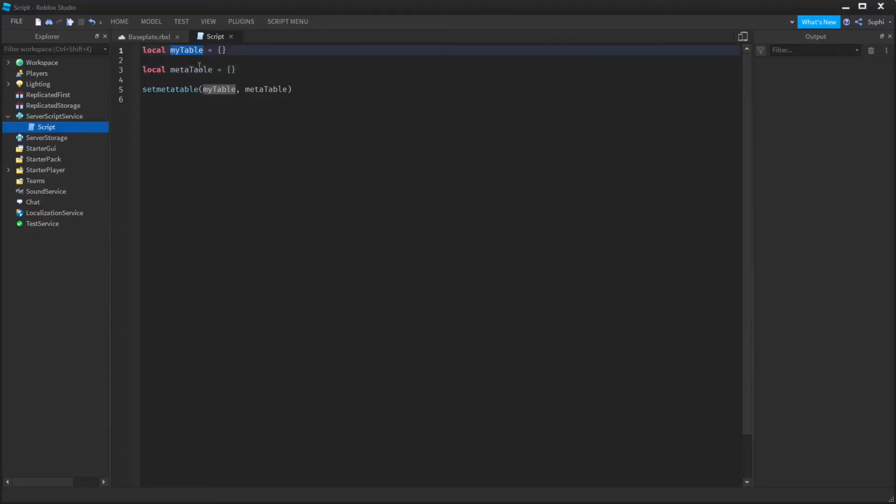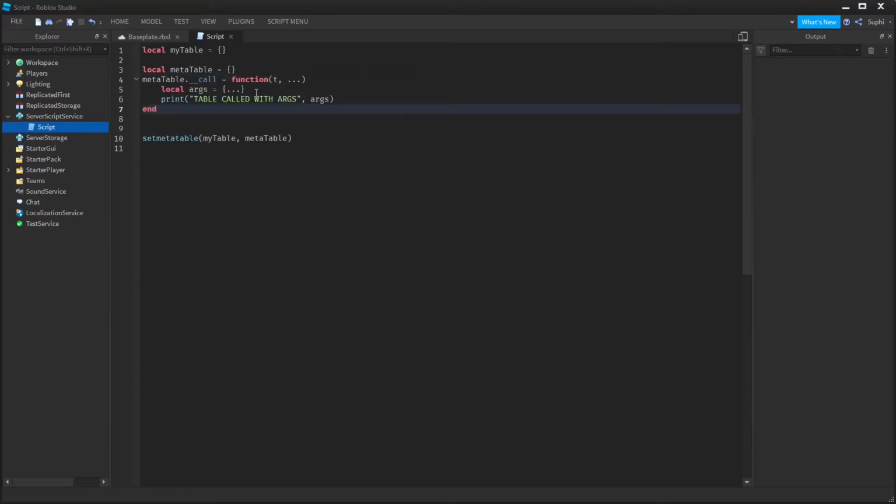So I have my table with a meta table, and I've set the meta table to the table. And now I'm going to add a function to the call meta method. First it passes a table, which is this table here. And then it passes multiple arguments, which is defined by these 3 dots. We can convert these 3 dots to a table by doing this, and I'm storing this table in the args